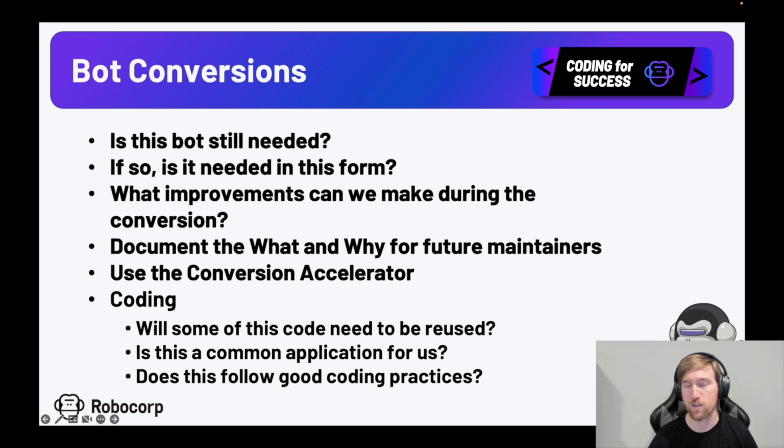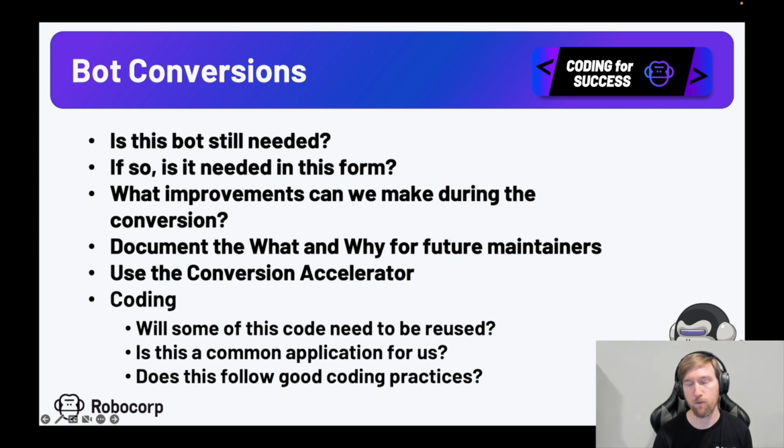We also have a Conversion Accelerator, both inside of our Automation Studio tool as well as in our VS Code tool. What this tool can do for you is not only give you a leg up and help you convert a little bit faster, but if you run multiple of your bots through it at the same time, it can also show you and highlight the parallels. So if you have very similar loop structures, or very similar keywords doing the exact same function across multiple bots, it can highlight that for you so that when you go to convert, you can start with a library, start with common keywords, and get the most bang for your buck on the first conversion,